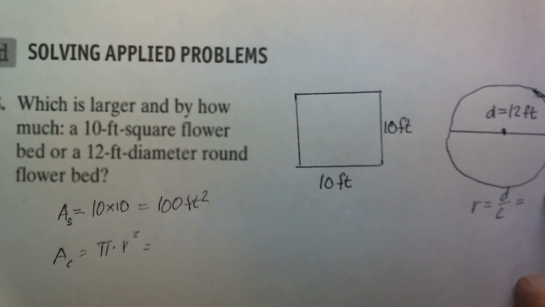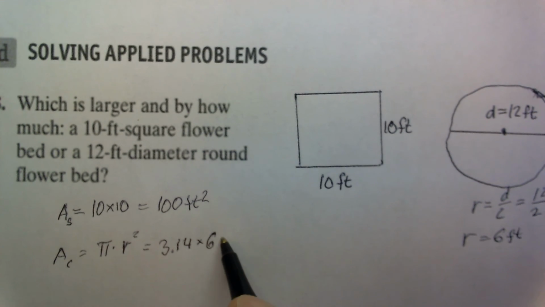In other words, it's equal to 12 divided by 2, or the radius is equal to 6 feet. So 3.14 times r, 6 times 6,